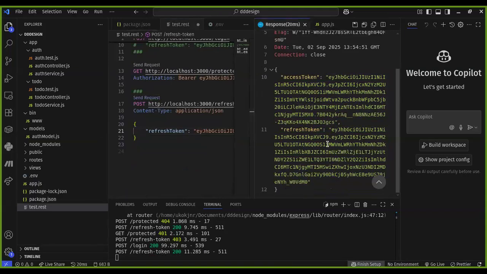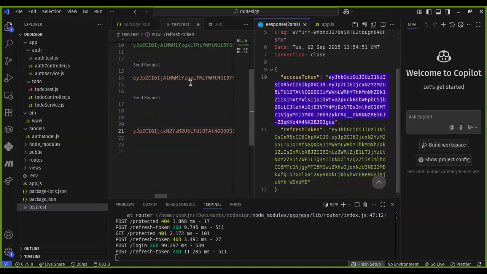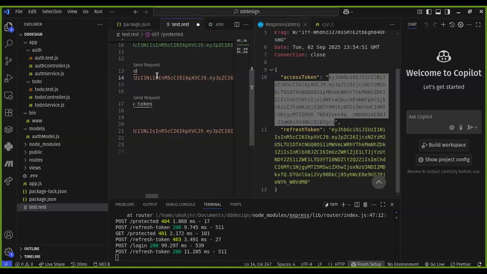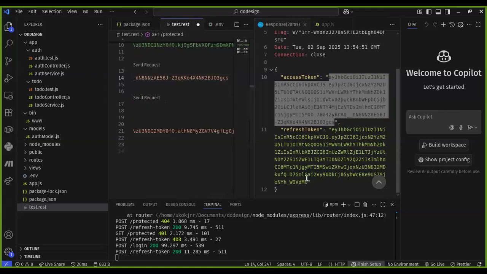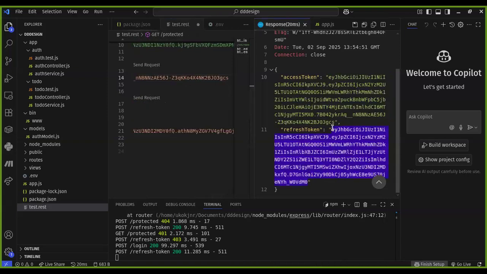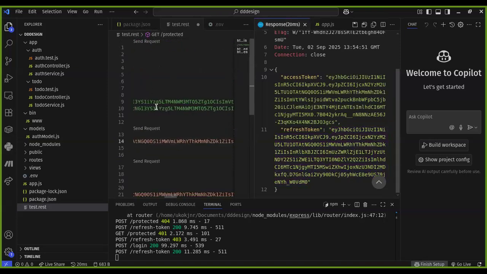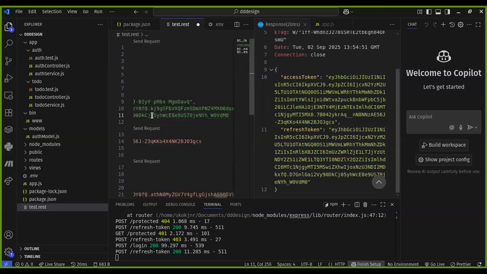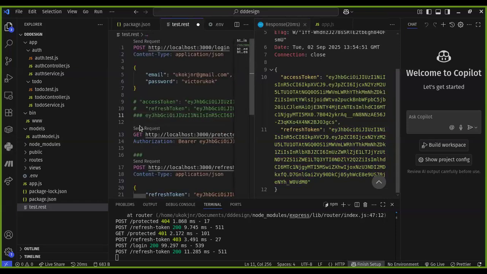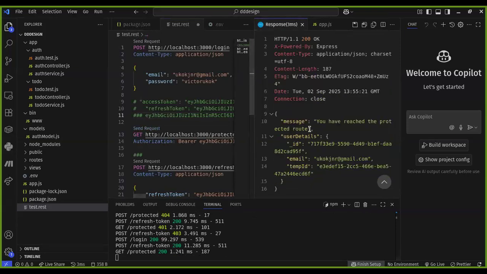So it gives me a new access token and refresh token. I'll just copy the access token and see if it will work at all. Maybe I should also copy the refresh token and keep it somewhere in case of necessity. Then send this request. It works,